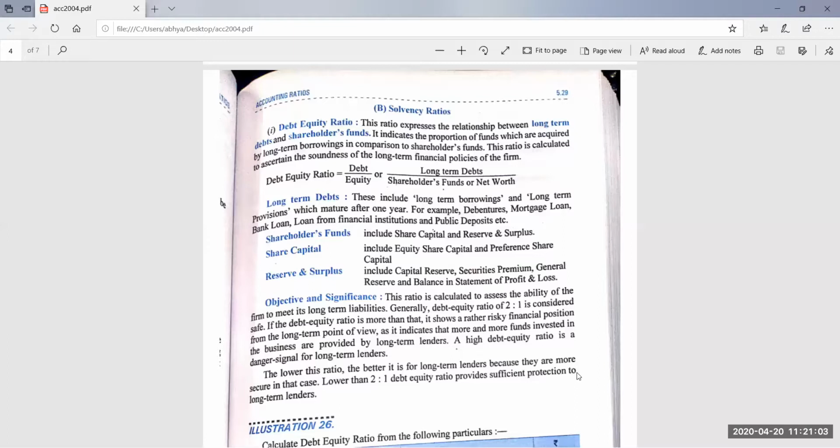So first we talked about liquidity ratio. That was all about the short-term financial commitments of the business, whether the firm or the company is able to meet its current liability on time or not. So now current liability is over. Now the second important head is the non-current liability. So in solvency ratios, we will be talking about the non-current liability, the long-term solvency position, whether the business is able to pay off its long-term liabilities on time or not. It will be depicted by calculating the solvency ratio.